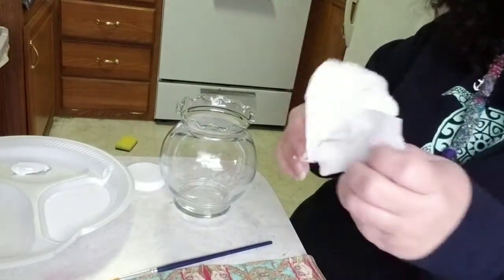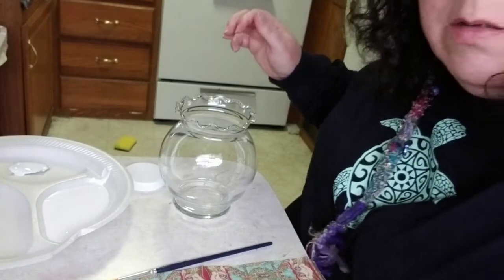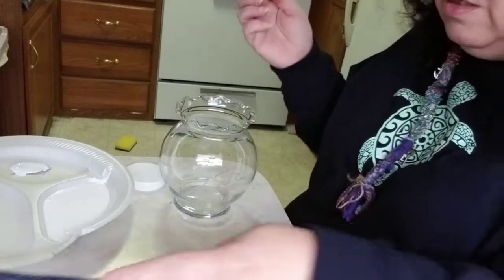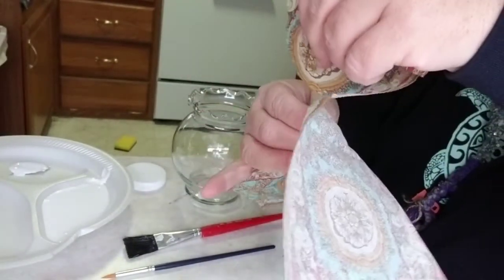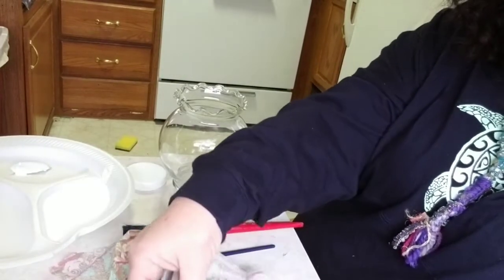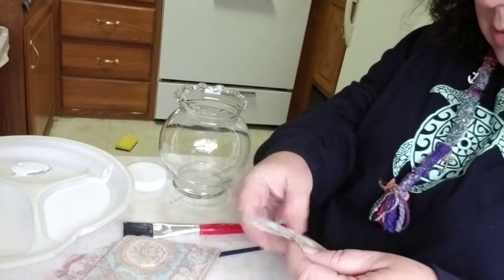What do I do with that tissue? Oh. This got alcohol in it, so maybe it'll get it off better. So I have my little brushes over here. I usually use a sponge brush, but I don't know which one will work better. This one might. I'm not sure. If it don't, I'll just do it. Okay, so round bottom. And I'm gonna try to cut this, not cut it, but you know, make the round part the bottom. I'll probably cut that one too much. Let me do this one. I should have scissors, but I don't have them over here. I don't know what I did with them. But anyway, so